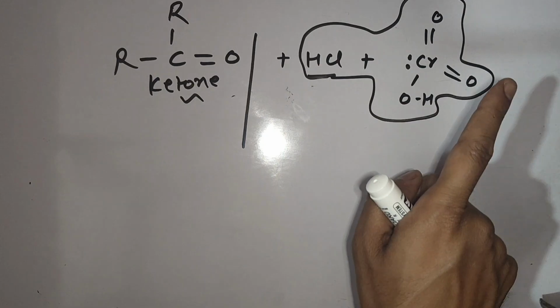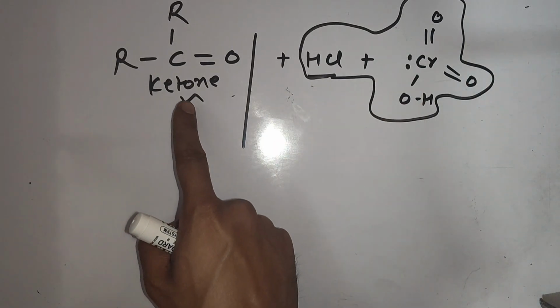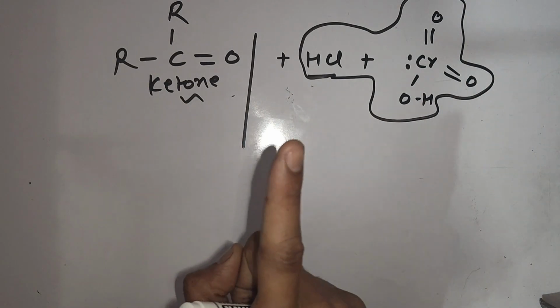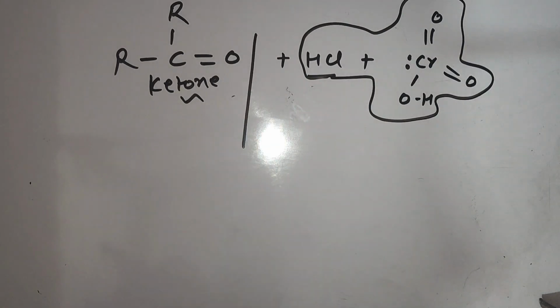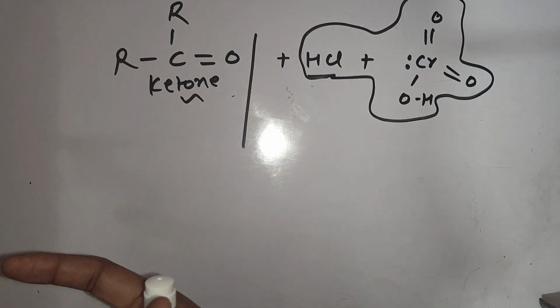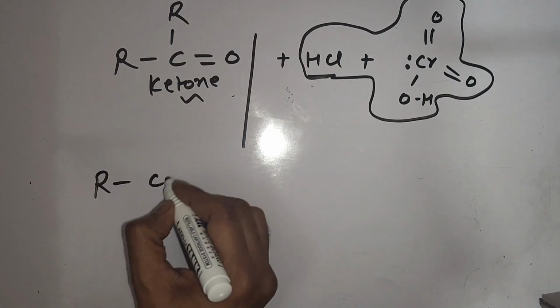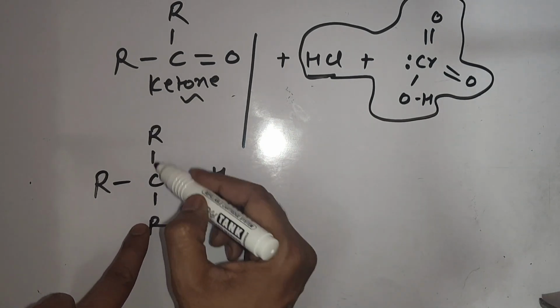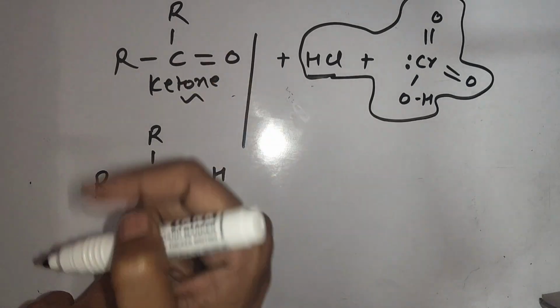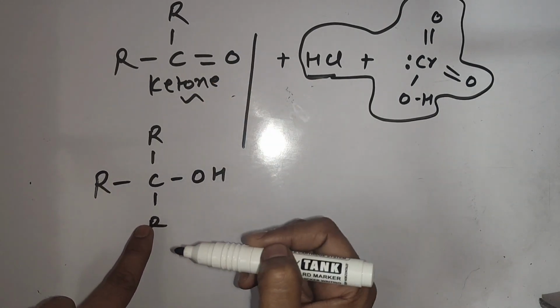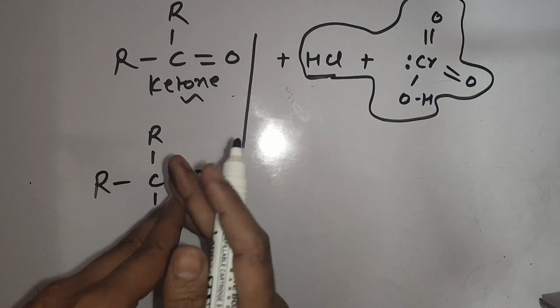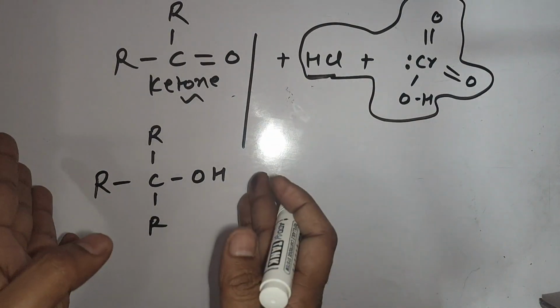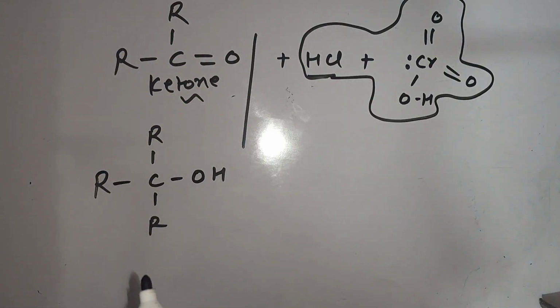Further oxidation is not possible because for further oxidation you need to convert ketone into enol, and for that an acidic medium is required, which is not available here. That's it. With 3-degree alcohol, PCC cannot react because in 3-degree alcohol there is no such hydrogen. Hydrogens are required. Please check 1-degree alcohol and 2-degree alcohol. Here hydrogens are required for the oxidation mechanism. But this carbon does not have a hydrogen. So that's why its oxidation is not possible with PCC. That's it. This is the end of the video. In next videos we will cover